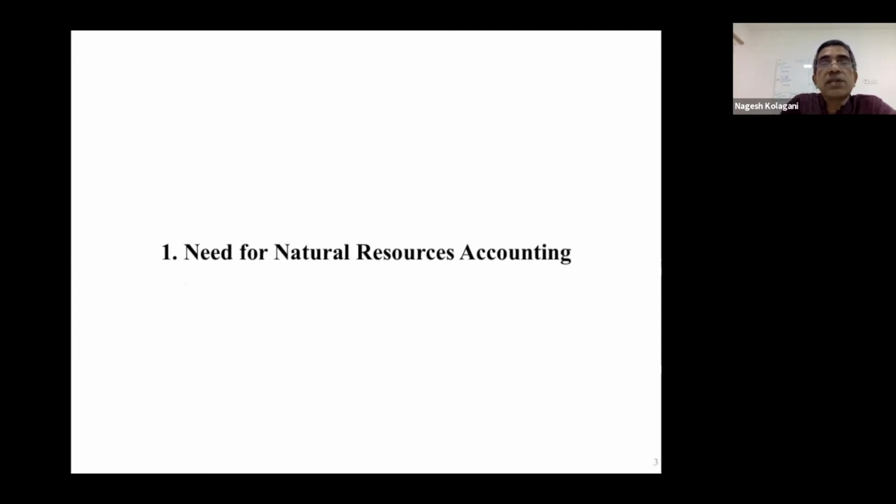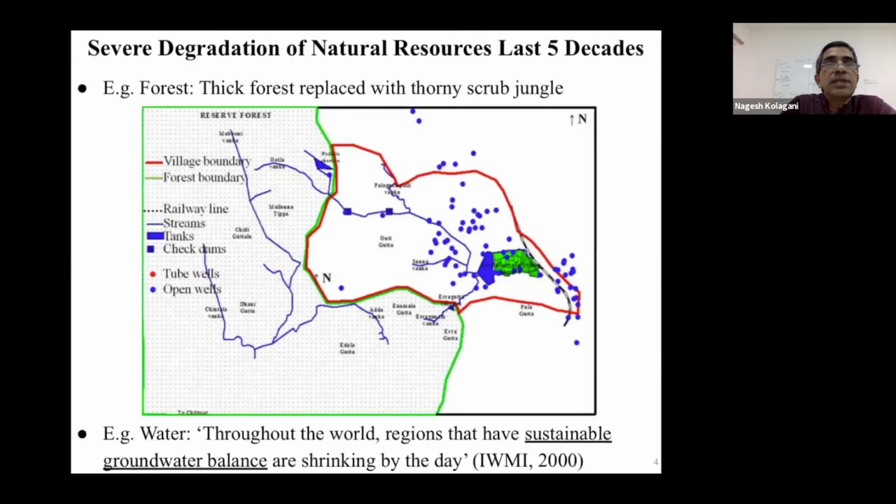So, the need for natural resource accounting. If you say natural resources, three things come to my mind in Indian languages: Jal, Jungle, Zameen. That is, water, forest, and land or soil. For example, this is my project village. Towards the west, the left side of the map, this is all forest. The streams originate in the forest. They bring water, and they are impounded by these water bodies. These water bodies typically form a chain, one after another.